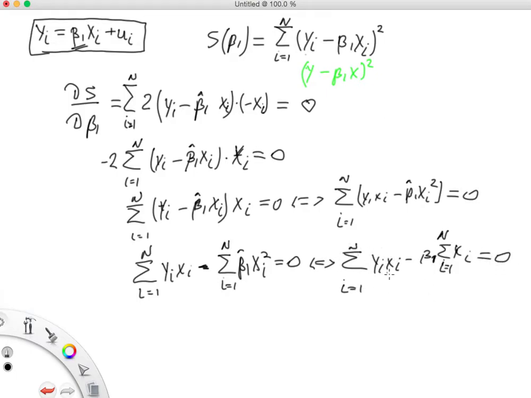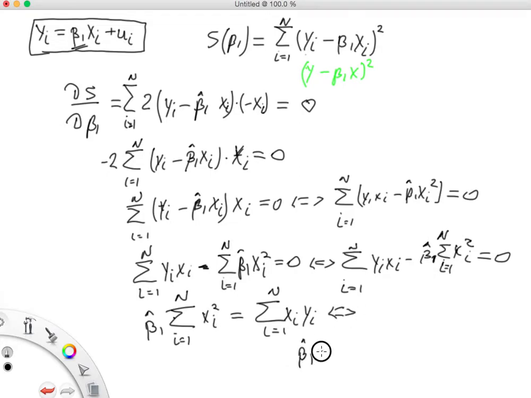Then let's bring this to the other side of the equation and multiply both sides by -1. You'll then get this result. This hat is missing again. The sum from i equals 1 to n of, and this square is missing again, so beta 1 hat times the sum of xi squared equals the sum from i to n of xi yi. Now from here, if you divide both sides by the sum of xi squared,